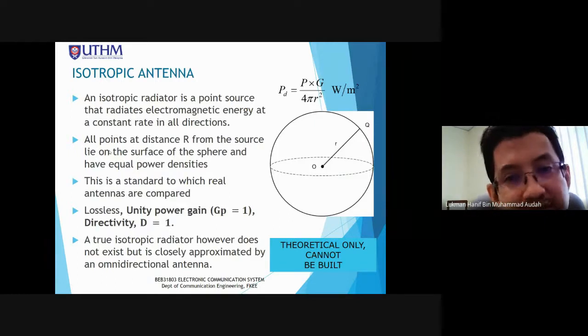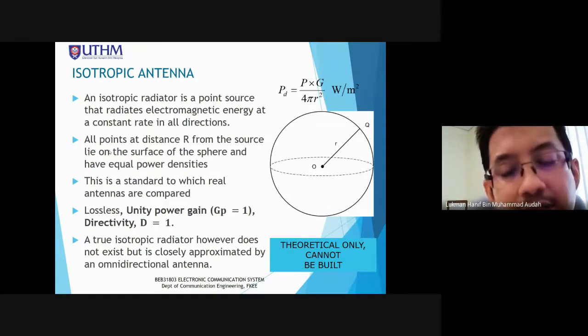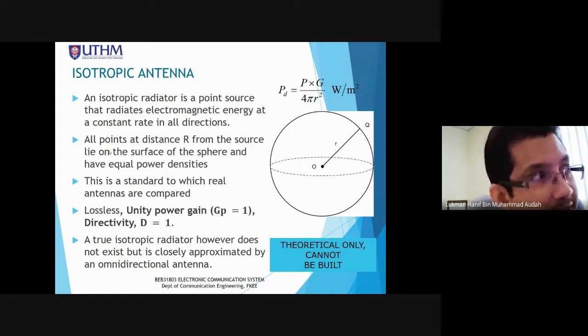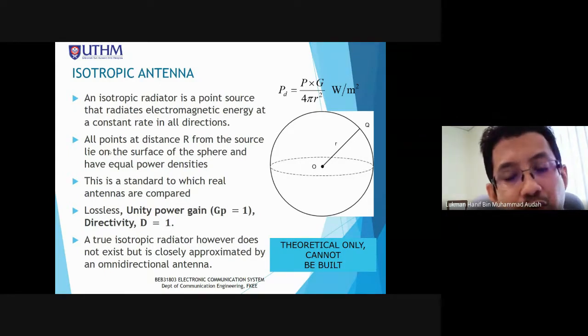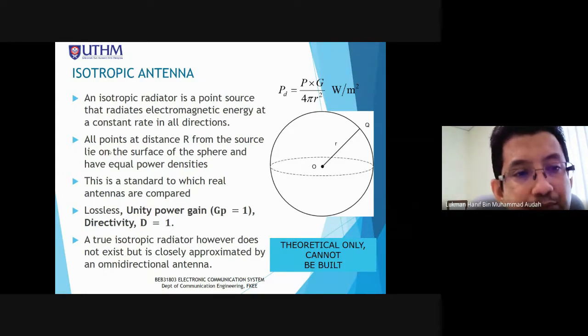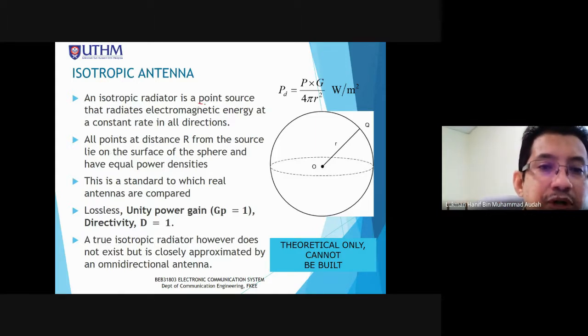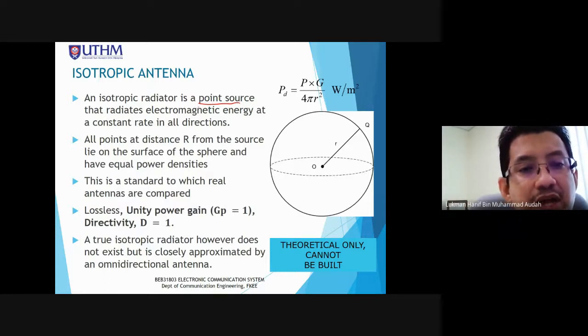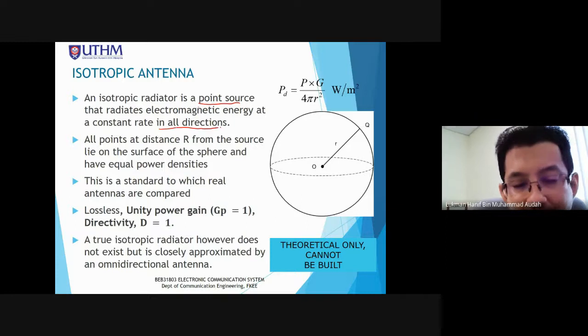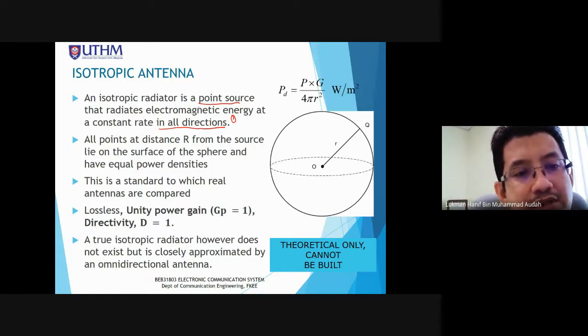Kemudian topik seterusnya adalah berkenaan dengan isotropic antenna. Okay, isotropic antenna. So isotropic antenna is a point source. Okay, it's a point source that radiates electromagnetic energy a constant rate in all directions. Ini point yang pertama. Okay. All points at distance r from the source lie on the surface of the atmosphere and have equal power density. So maknanya